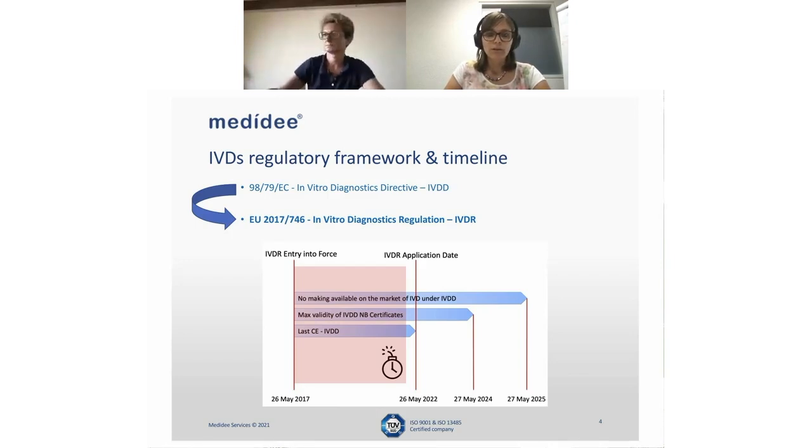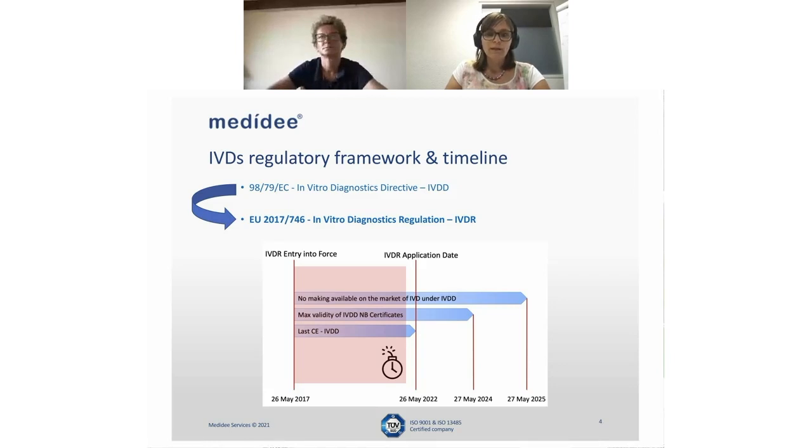So we, as a legal manufacturer, will no longer have to be compliant with the directive, but with the in vitro diagnostic regulation, in other words, IVDR. This regulation entered into force a few years ago in 2017 and will now be fully applicable within the upcoming year. So starting from May